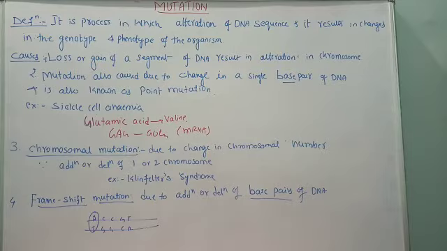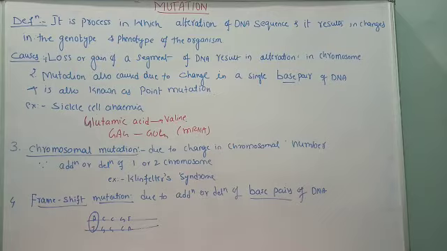So suppose there is a single base pair, adenine and thymine, AT. If any single base pair is going to change, be altered, then the characters are also going to change. So that is known as a single gene change. See here, I am focusing on AT. So if there is a single base pair, this is one pair.